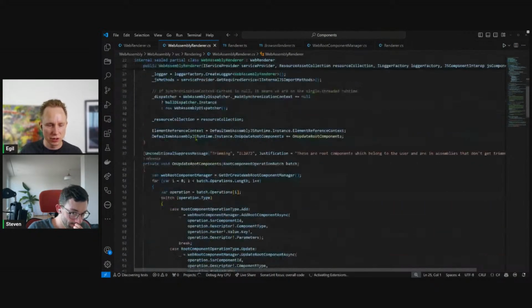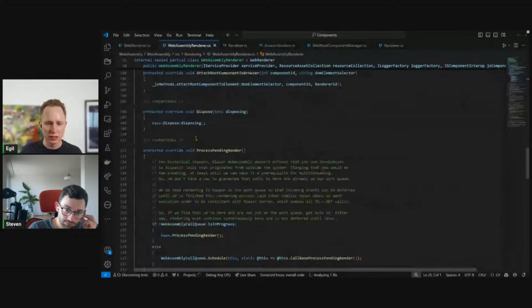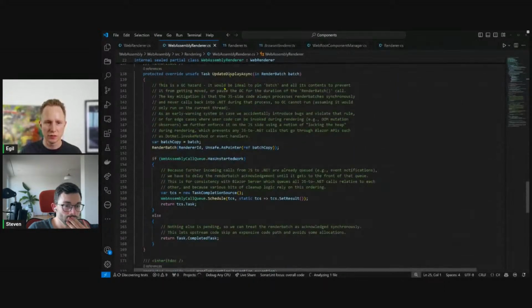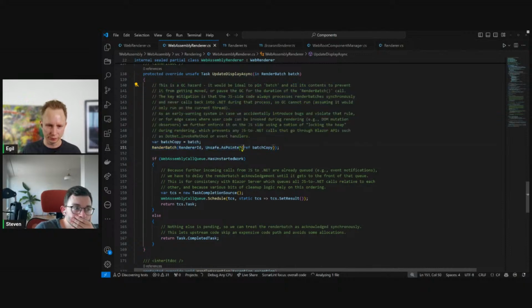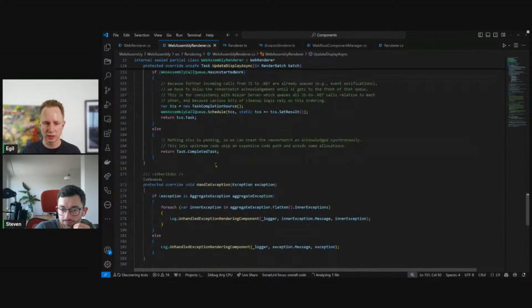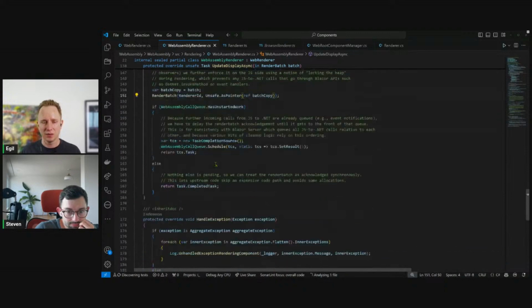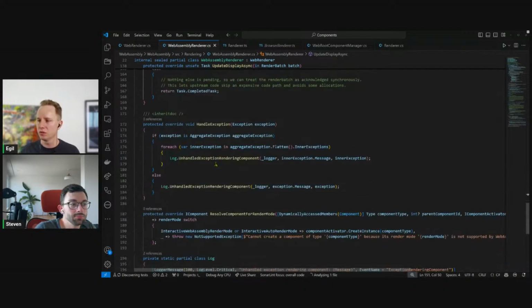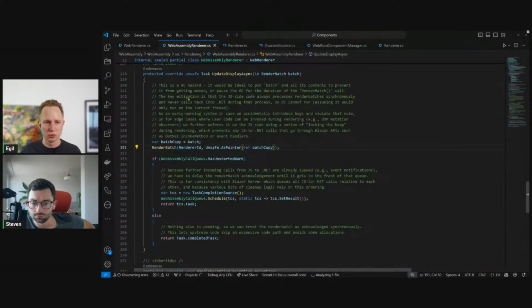And so I looked at what it's doing. It's actually quite simple. You can see there's not a lot of things going on up here in the update display intake. There's a bunch of things around scheduling. So that's, again, I think in terms of dealing with some of the issues we've had also with race conditions between input coming from the user and the render being active, when I just read the comments here,